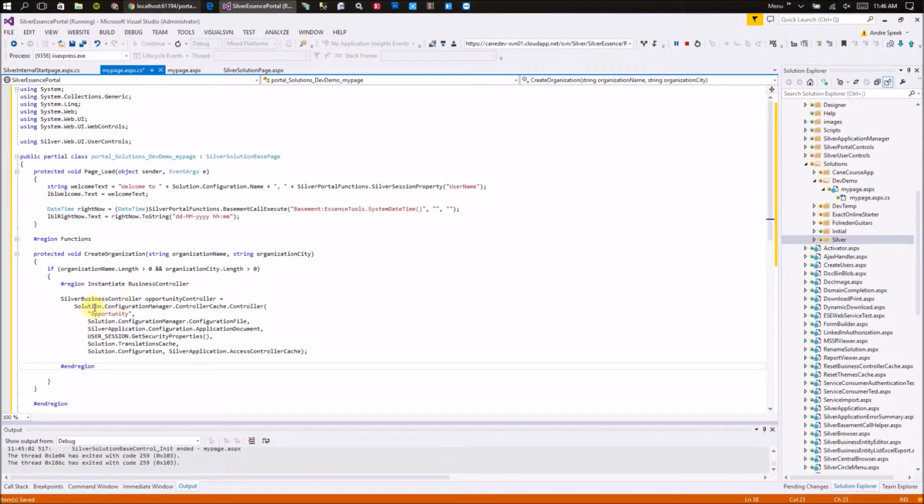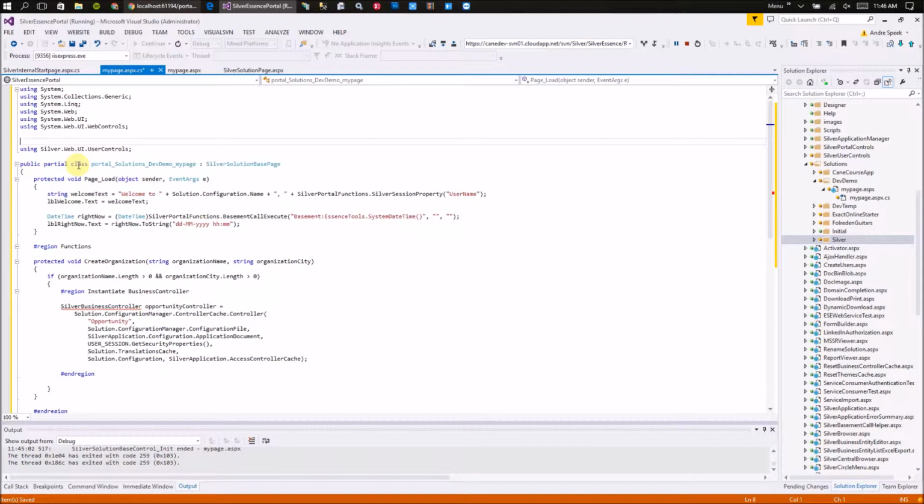First, you need to initialize the business controller you want to work with. And of course, this is an example, so it has an opportunity controller here, and that's not what we are going to use because we are going to use organization here. There is some error, and that is because we have to include using